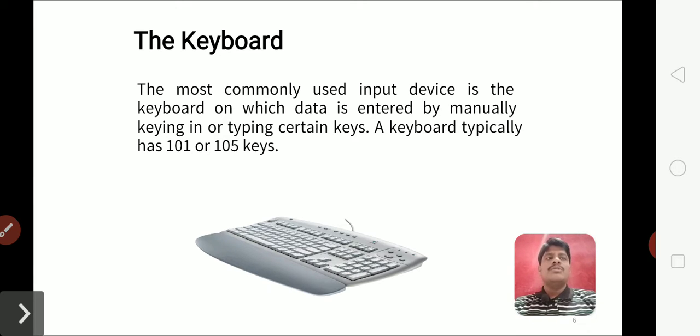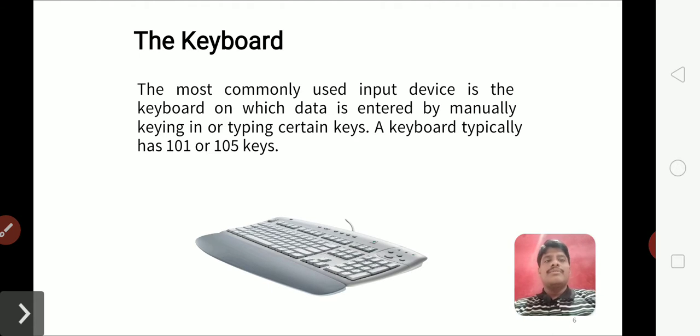Your keyboard is essentially developed with keys. A standard keyboard has 101 or 105 keys, and other functional keys can also be included, where you can control your audio, mute, play, pause, and so on.